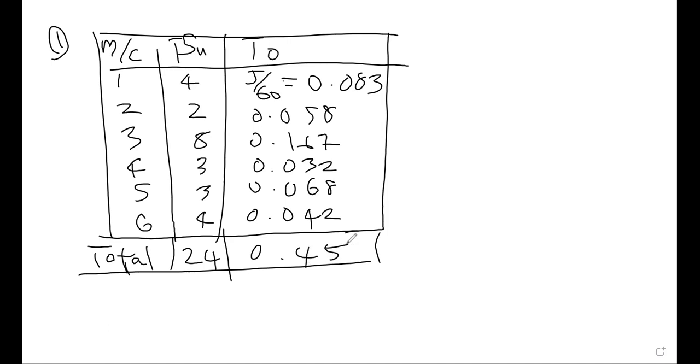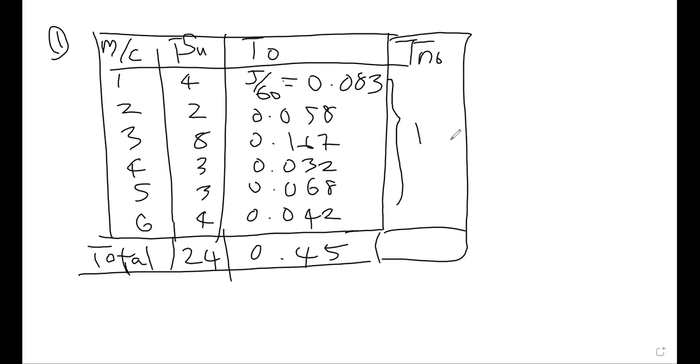They also give you T non-operation, TNO, the average for each one is 12. Times 6, you get 72 hours for non-operation time. All right, the question for part A